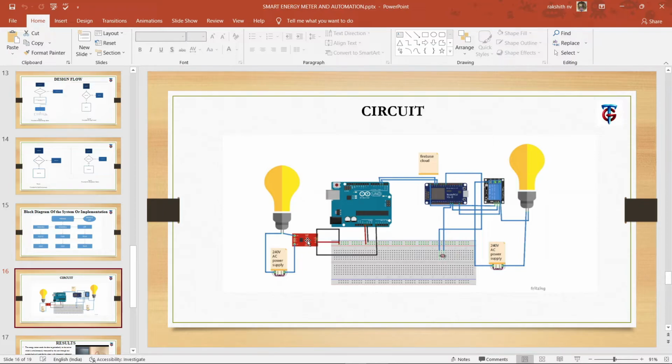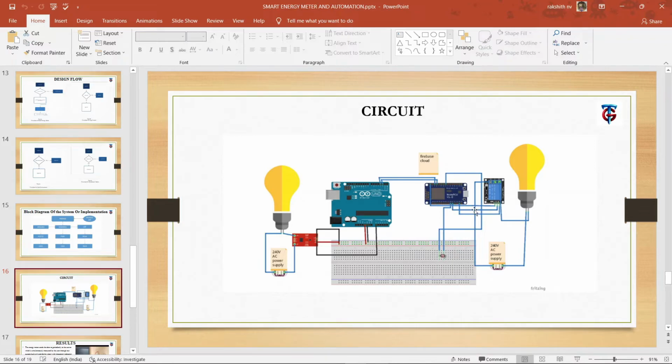Meanwhile, the sensor calculates, I mean, only the current it will be measuring. Current will be measured from the load, and it will be sent to the Arduino. So the Arduino, using this current value, will multiply it with the voltage value. In India we know that the voltage value is 220 volts as standard. So it will multiply both current and voltage to get the power value, and multiply that with the suitable amount of time that the load is present to get the energy value. This will be pushed serially to the NodeMCU, and the NodeMCU will connect to the local Wi-Fi network and push that data to the Firebase cloud. This is what the image is depicting.